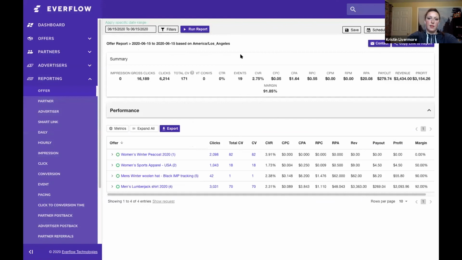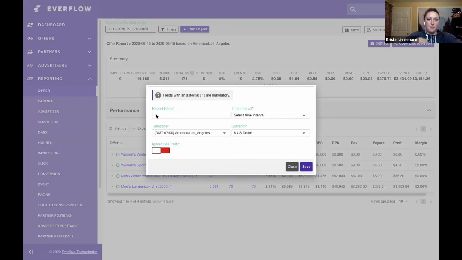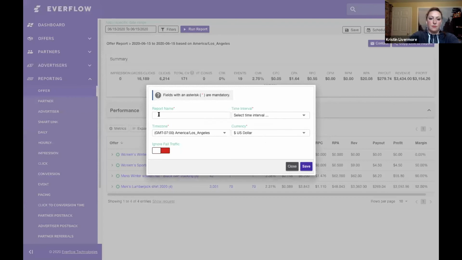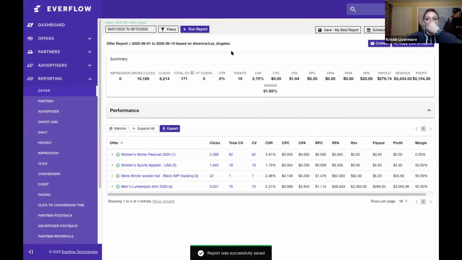You can go in and save and have this ready to go. You'll give the report a name: my best report. Then the time interval of what you want it to look back on, let's say month to date, the time zone you want it reported in, currency, and you can choose whether or not to ignore fail traffic in this particular report view if you're using the fail traffic. You can go ahead and save, and now next time that I open up reporting offer, I'll be able to come in